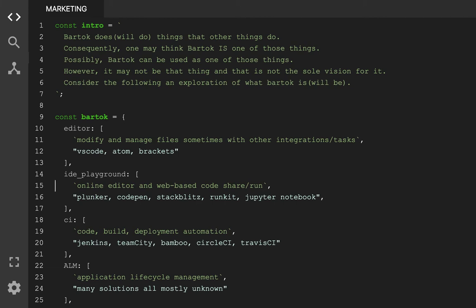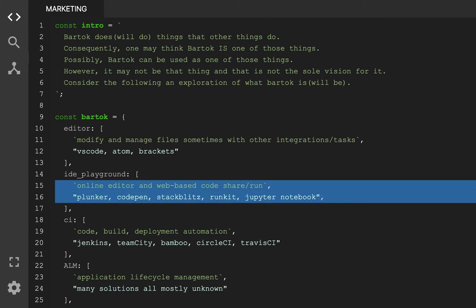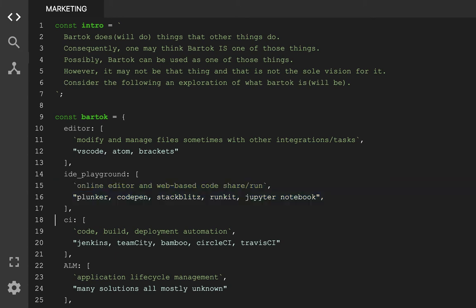Those pieces of code, or those services, are there to allow sharing of code, and I have much more interest in deploying code. So you could look at Bartok in some future iteration and be like, oh, well, this is basically just doing what RunKit or Plunker or CodePen is doing. And even further iteration, you might say, oh, well, this is just doing what Jupyter Notebook does. But I say no, because of deployment.